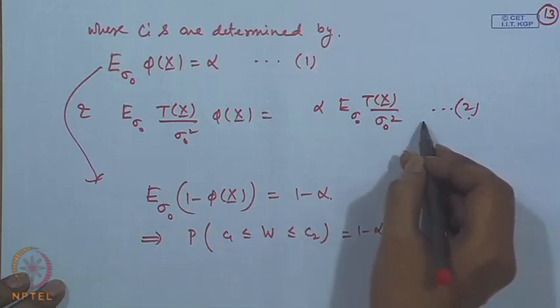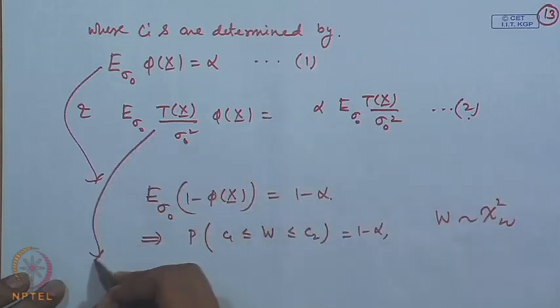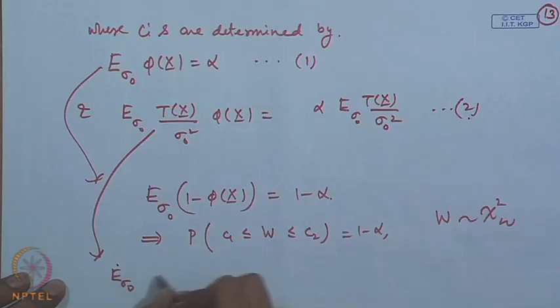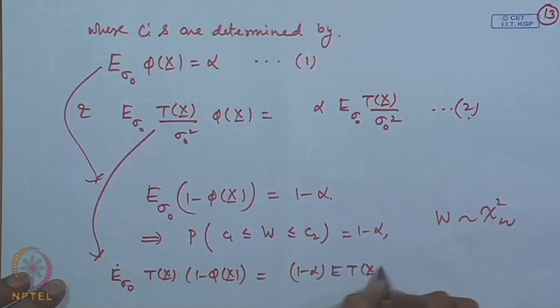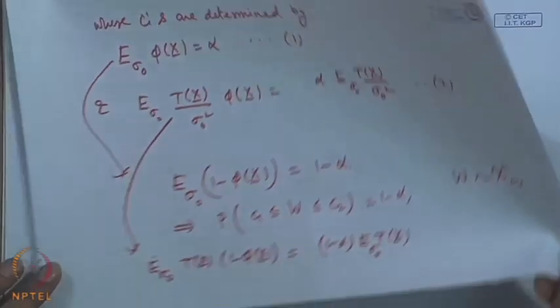However, let us look at this condition 2 also. What is this condition 2? In condition 2, once again if I write 1 minus, this will become the expectation of sigma naught T x times 1 minus phi x, which is equal to 1 minus alpha times the expectation of T x, because the expectation of T x gets cancelled out on both sides. So, this is then reducing to